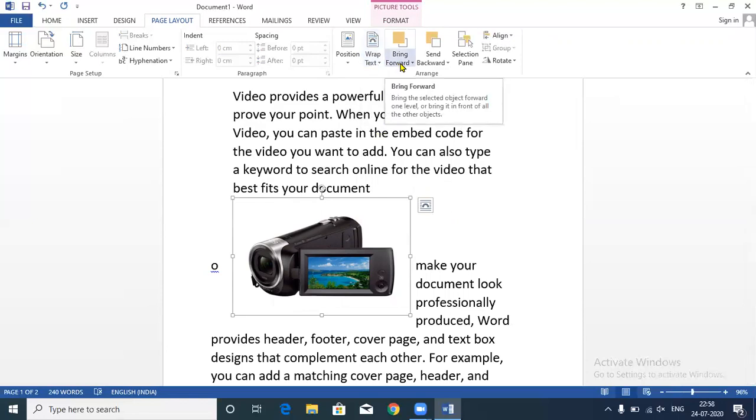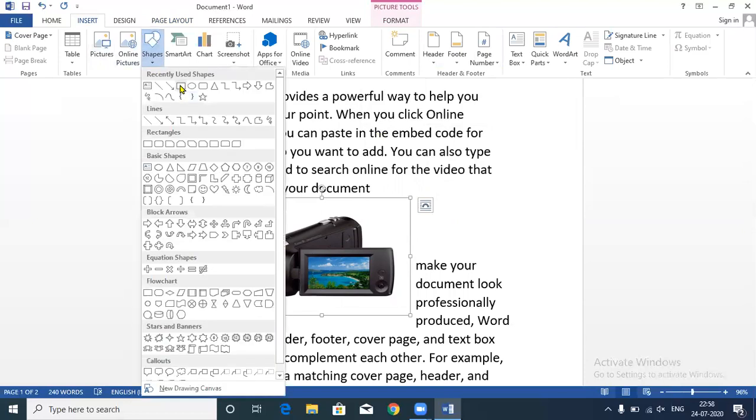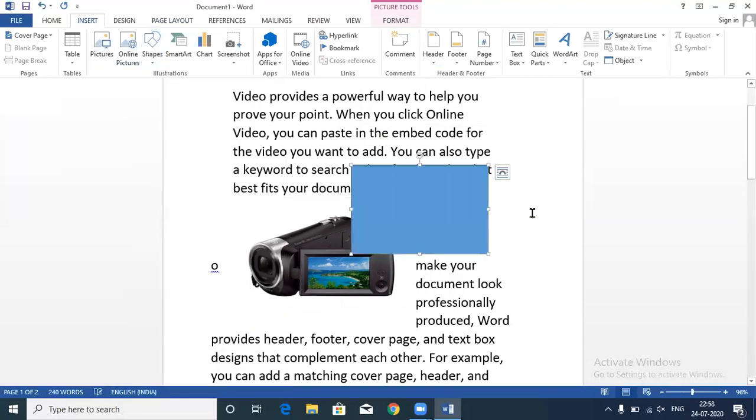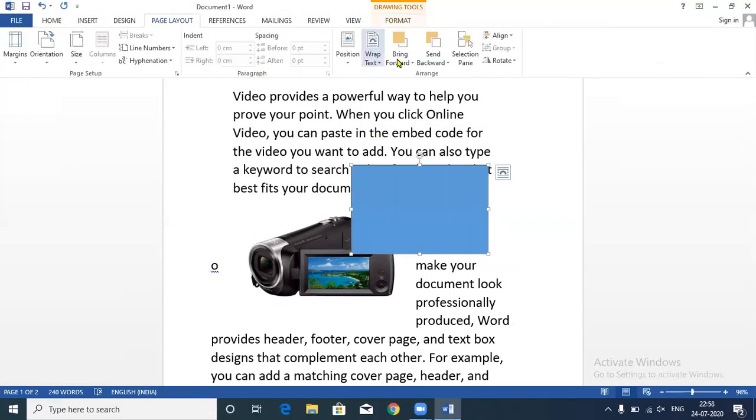After this we have options like bring forward and send backward. For example, I have one shape with me, this shape. If you want the shape to come forward, you can bring it forward. If you want to send it backward, click send to back.